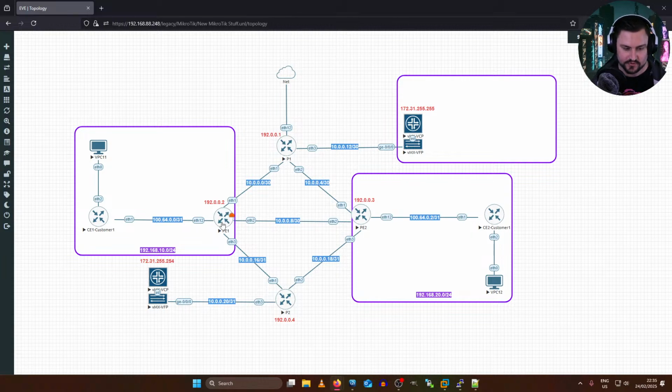So just an example, from PE1, I'm going to add a static route to say, hey, if I want to get to this customer's subnet, 192.168.10.0/24, inside this customer's VRF, which is this purple VRF, then I'm going to just send that to 164.0.1, which is the customer edge equipment.